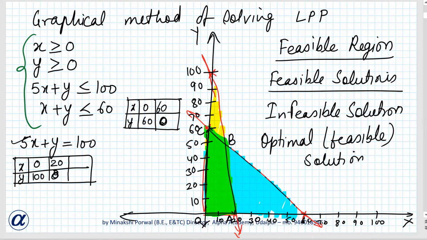If we want to find this point C, suppose. Okay, how can we find C? C is actually the intersection of these lines, x plus y equals to 60 and x equals to 0. ये वाले पॉइंट दोनों इक्वेशन को सॉल्व करेंगे तो ये वाला पॉइंट C मिल जाएगा. So this point C will be 0, 60. The points O, C, B and this one was A.